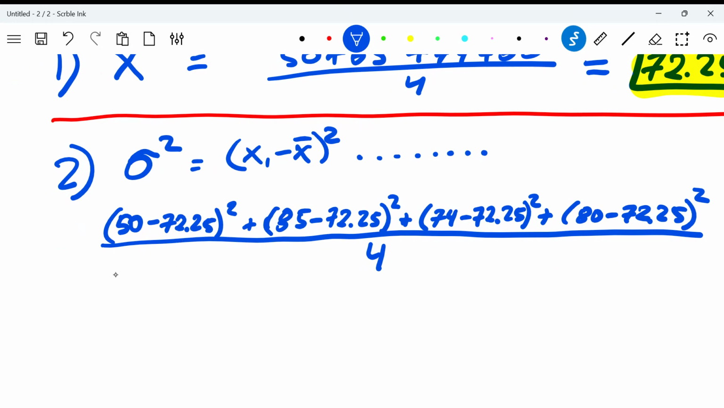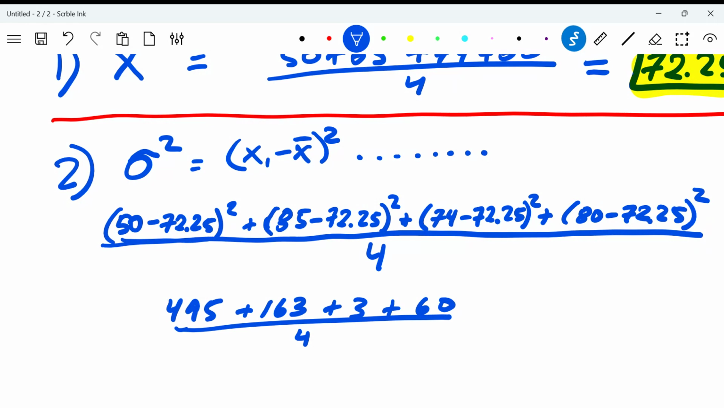And so for continuing it, when I do this one and square it, I get 495. I think I'll come down a little bit more for that. 495, and the next one's 163, and the next one's 3, and the next one's 60, over 4. You'll never get a negative there because you're squaring every number. Even though sometimes, like with this one, you get a negative number, when you square it, it becomes a positive number. So when you do all that, you come to 721